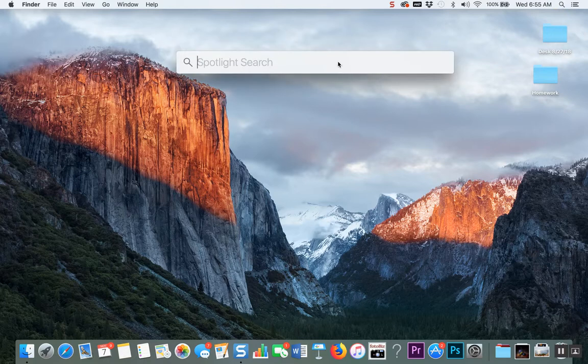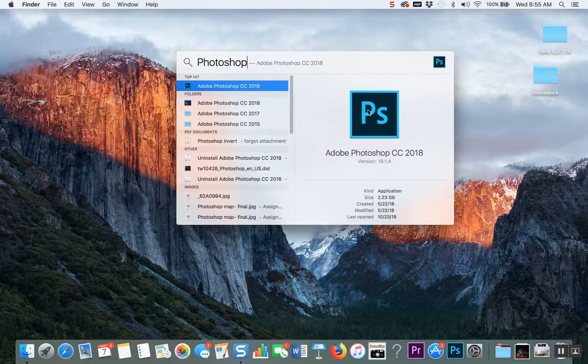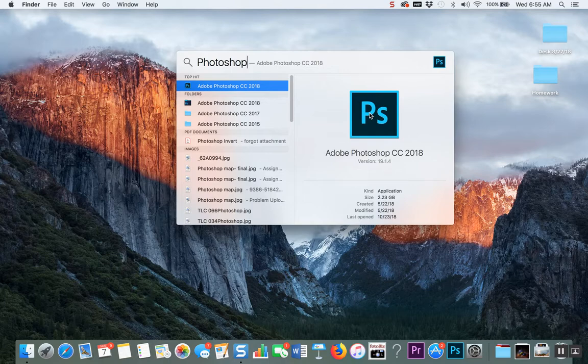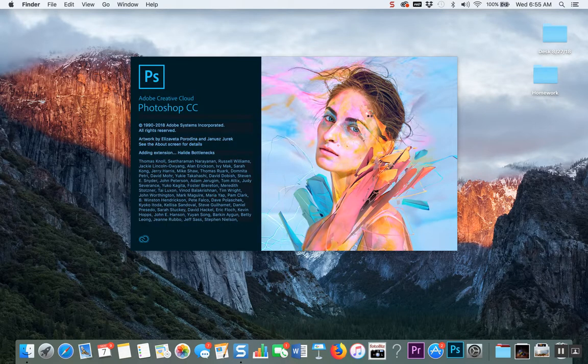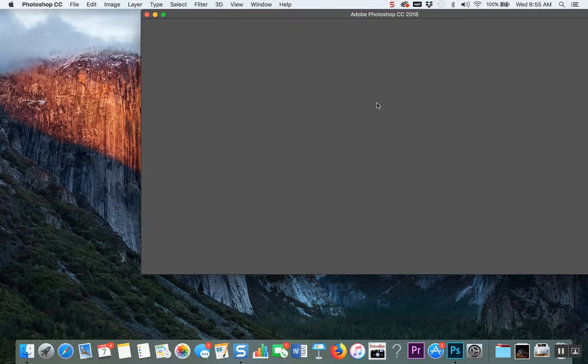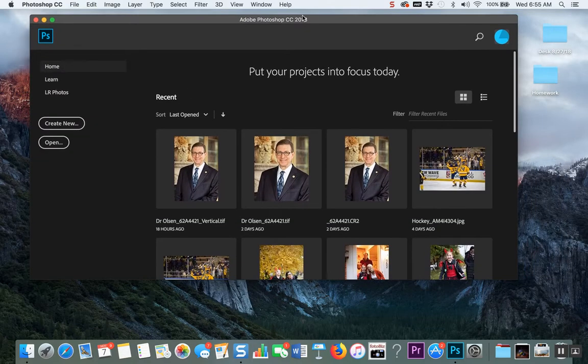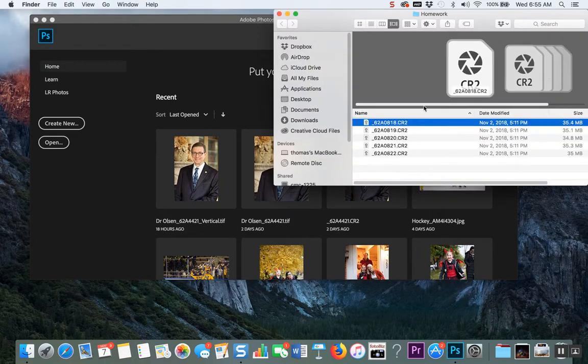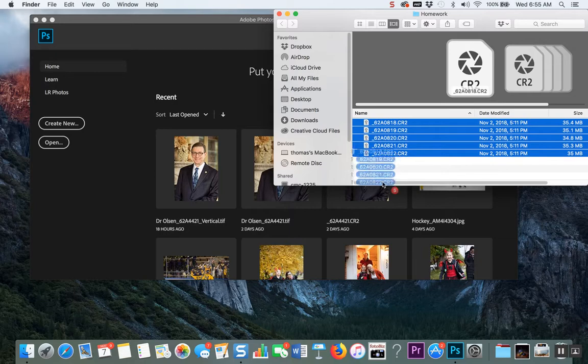So then, this is my own computer, but at the computer systems at Villa, you do have to do a search. So just click on this magnifying glass here, and in Spotlight, just type in Photoshop, and you'll see it comes up with that blue icon with a PS in it. Double click on it, and you'll see a window comes up here, and then go back to your folder, and you can drag either all of them or just one at a time into Photoshop like that,